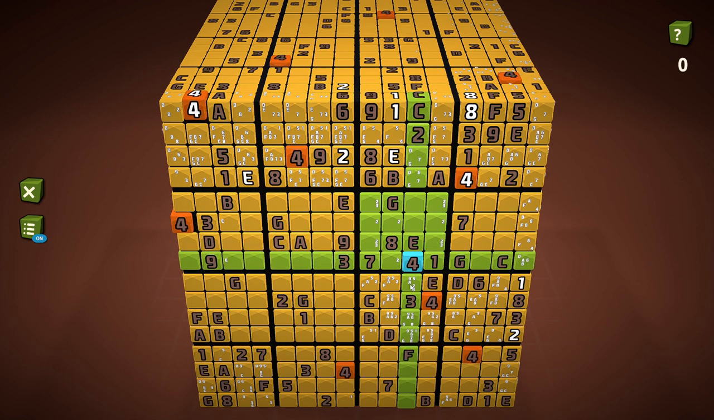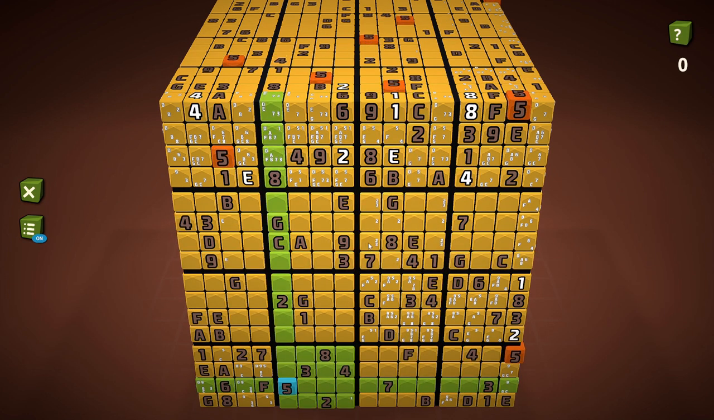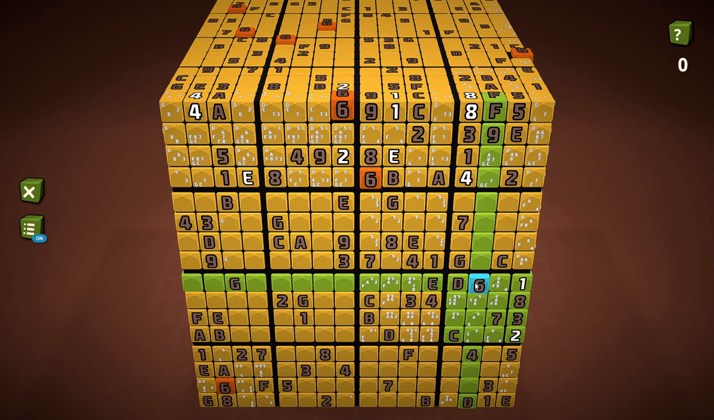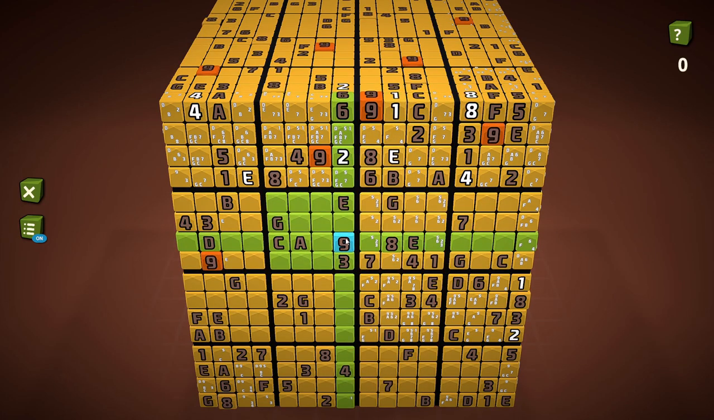Or, and then it was 5. 5, 5, 5, 5, 5, 5. Any of these could be a 5. Seven, 8, and